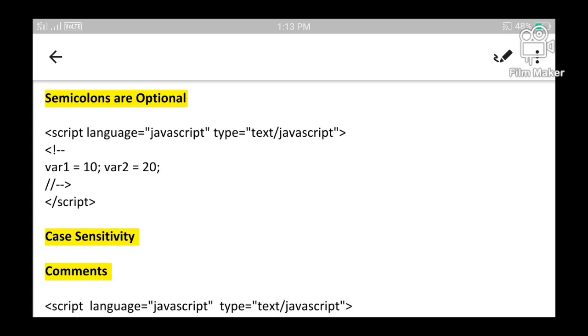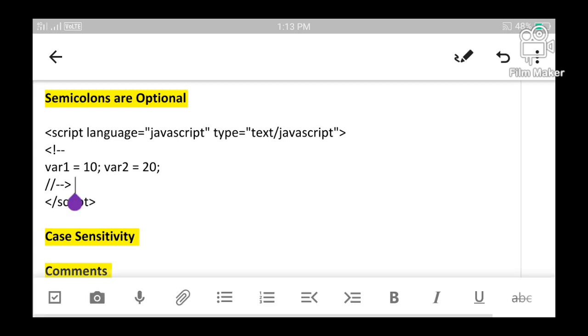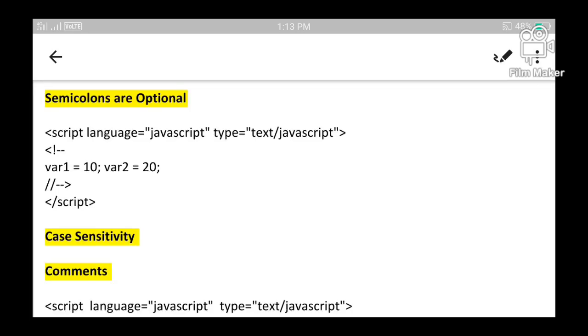What about semicolons? Semicolons are usually used to mark an end of the statement. It indicates where a particular statement ends and where a particular statement begins. That means if one statement has come to an end, definitely another statement is going to begin. JavaScript says semicolons are optional. It is not always necessary that you put a semicolon to mark the end of a statement. Now, which are those circumstances? Let me explain it with the help of an example.